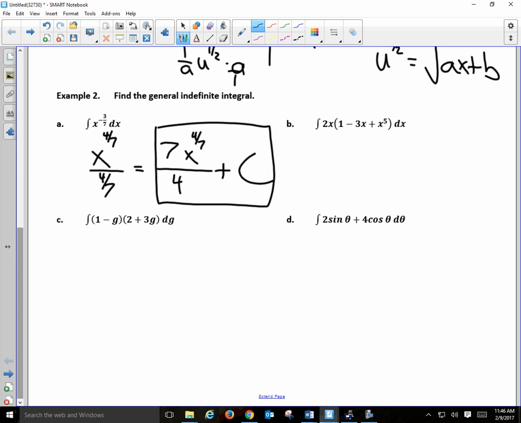The next one, I don't know how to undo the product rule. Okay, so I must distribute through first. The integral of 2x minus, let's see, that would be 6x squared plus 2x to the 6th dx. What is the antiderivative of 2x? X squared. What is the antiderivative of 6x squared? 2x cubed plus